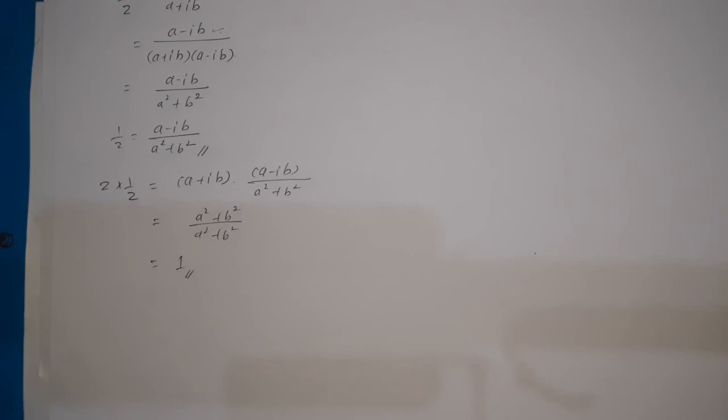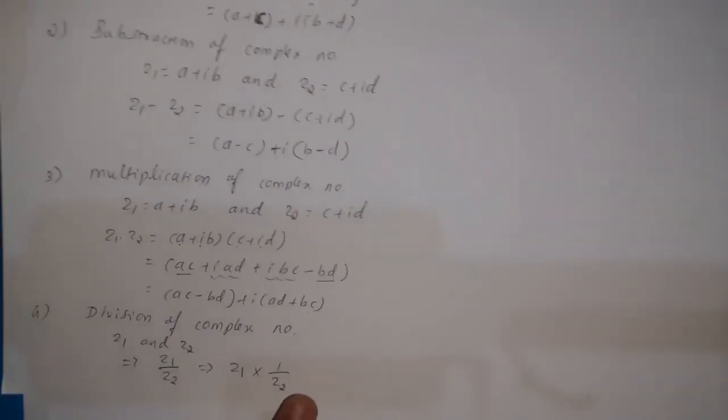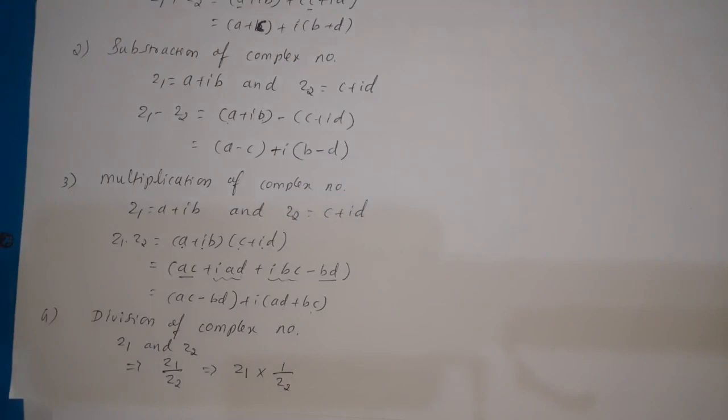So in the binary operation, that is division, we are going to multiply z1 into 1 by z2. Here z1 is the complex number and 1 by z2 is the multiplicative inverse of z2, because we are not considering a complex number in the denominator. Whenever we have a complex number in the denominator, we should rationalize the denominator and bring that to the numerator. So that will give the required multiplicative inverse.